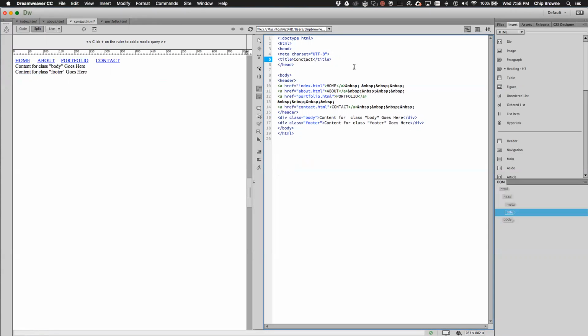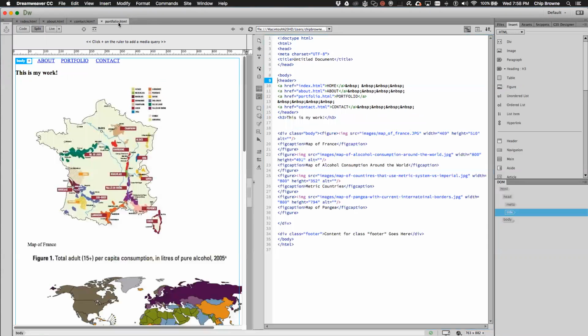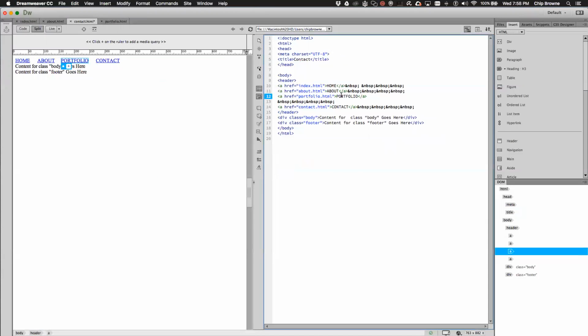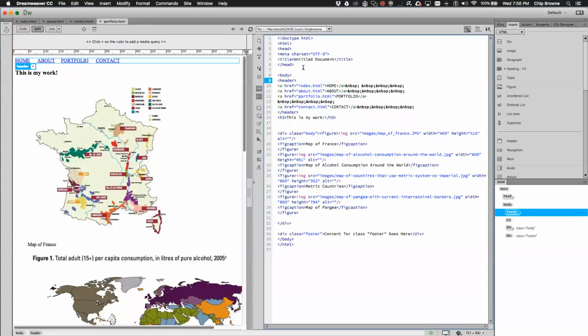And then portfolio. Gotta save it. Command S. Save portfolio. Command S. Now come back here,